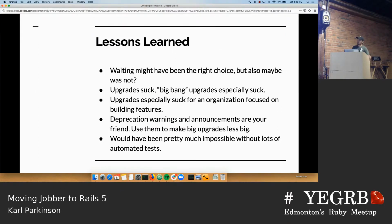Upgrades kind of suck, especially if you do them in a big bang fashion. And by that I mean you just stop everything that you're doing before, do the upgrade, and that's all you do for a long period of time. And it was pretty demoralizing to the organization. And that's because, again, we largely define success by releasing code that people will find useful and people will use,